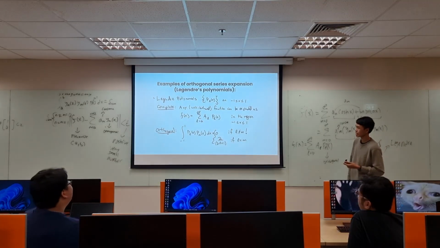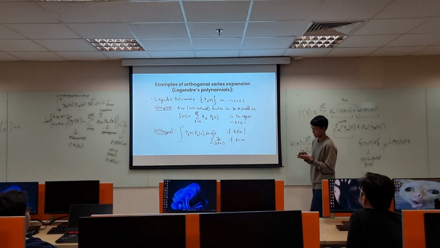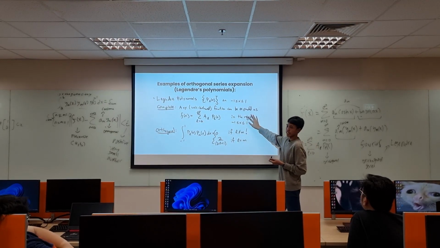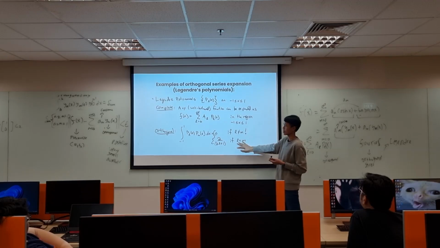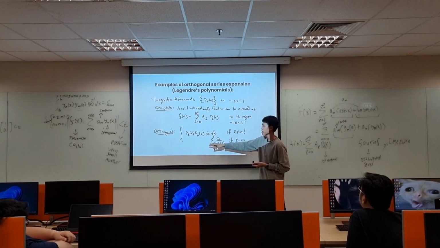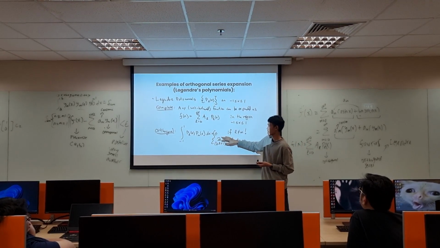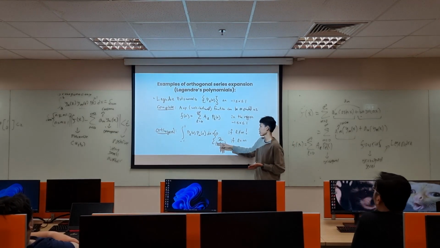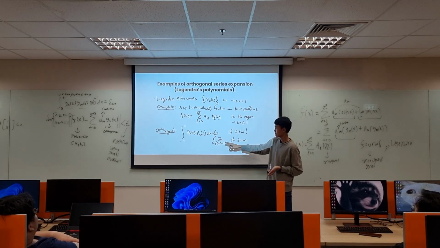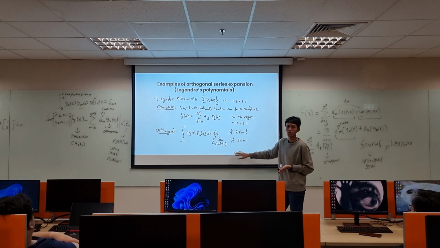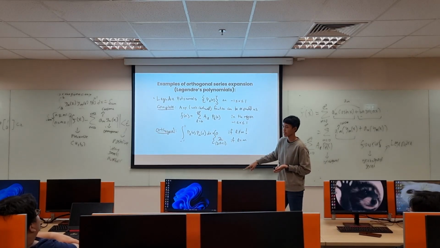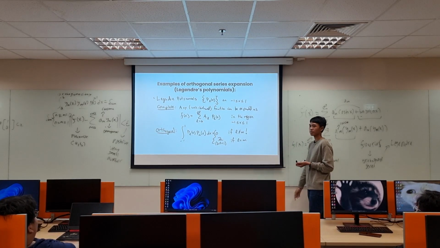And yes, it has the completeness property, and it also has the orthogonal property. So P_l times P_m, if l is not the same as m, is 0. If m is the same as l, it is this. So basically it's not orthonormal. It's not necessarily orthonormal, because if it were orthonormal you'd get one here. That's why it's called an orthogonal series, not an orthonormal series.